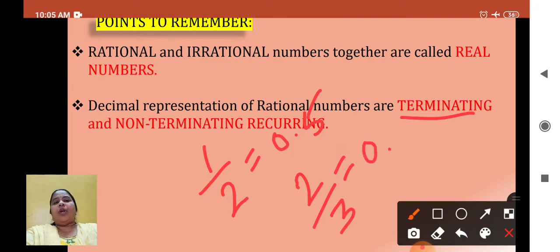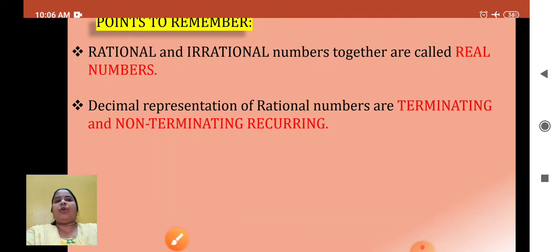Yes, 0. It will become 20. 3, 6 are 18. Again it will become 2. Again 18. See, it is continuing to divide. Yes, 0.6666. Division is not coming to an end and the quotient has started repeating itself. This is the meaning of non-terminating, division not coming to an end, and reoccurring. Reoccurring because the quotient is repeating itself. I hope you have understood these two important points.